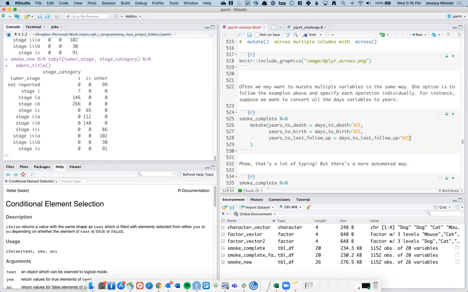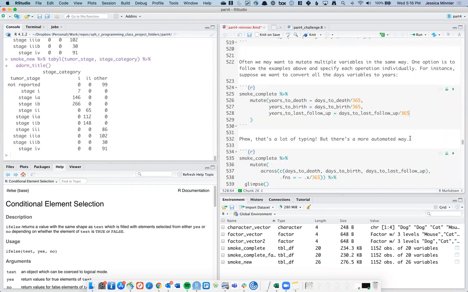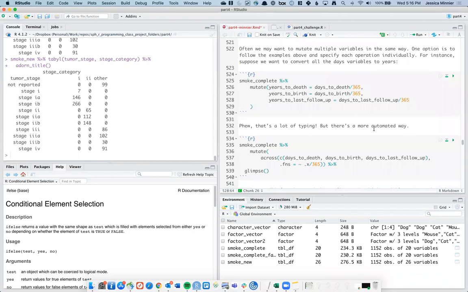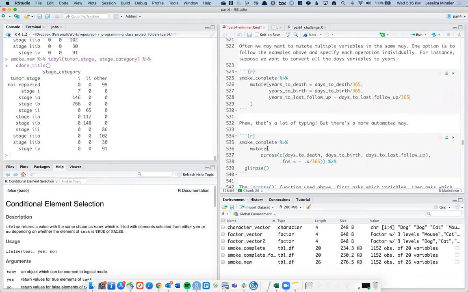That's fine. It's kind of cumbersome. It's not too bad. But if you had to do that with 25 different columns, you can imagine that's a lot of typing, and there has to be a better way, and there is a better way. That's like the whole point of computing, is making things easier for us. So that's what across does. And so in this example,